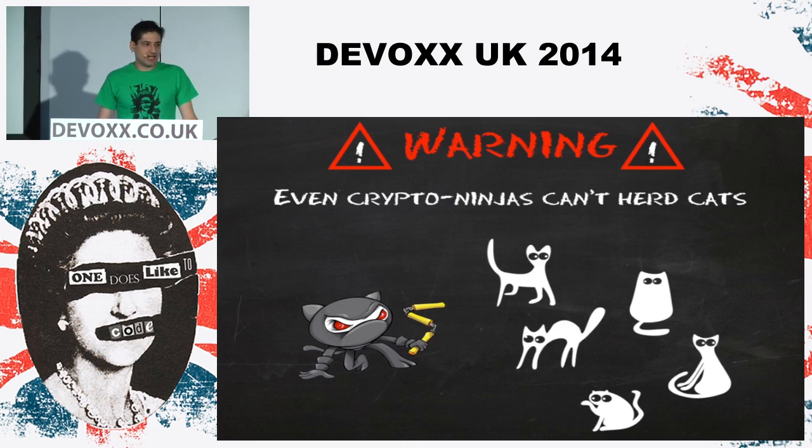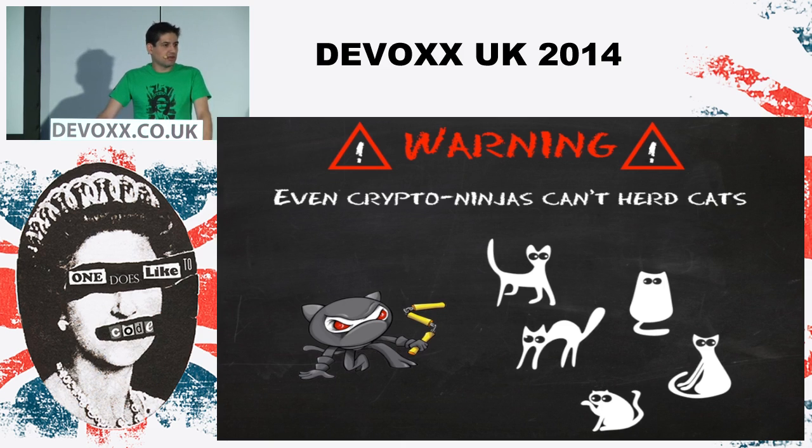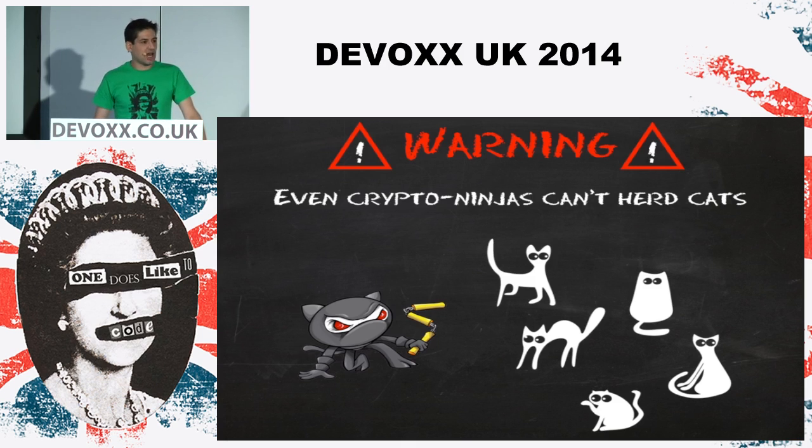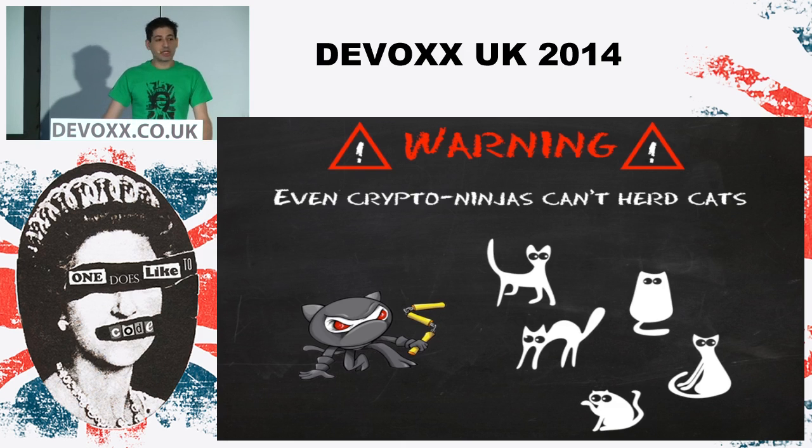But be careful. Crypto ninjas can't herd cats, by which we mean that you are probably not ever going to be well enough versed as developers to go out and write your own cryptographic function and do it in a secure and safe manner. I say this because there are so many systems out there that have been tested and subject to a lot of analysis that you would be foolish to try and write your own. You are asking for a world of pain somewhere down the line, probably when you get hacked.